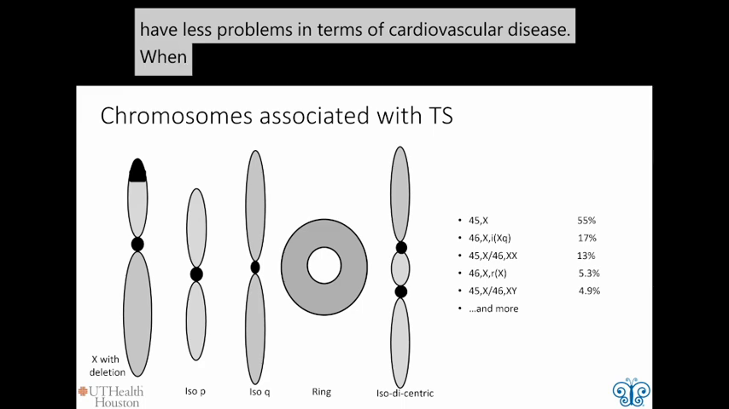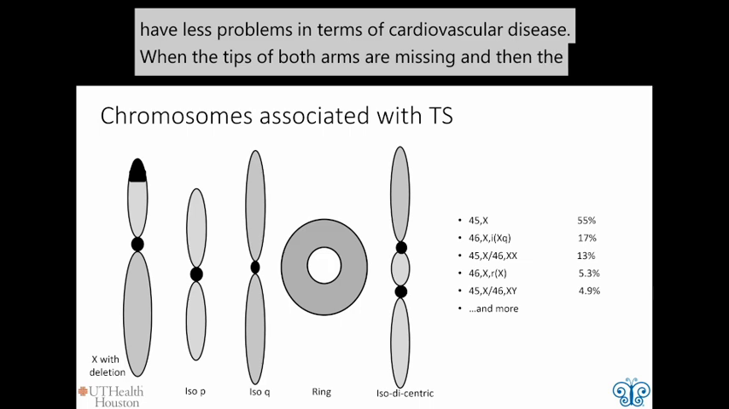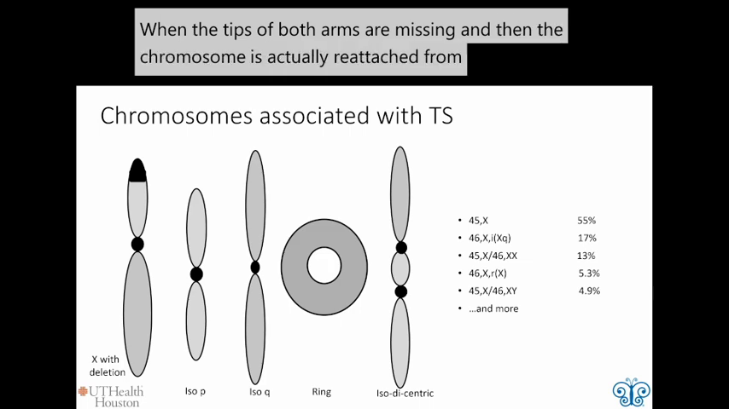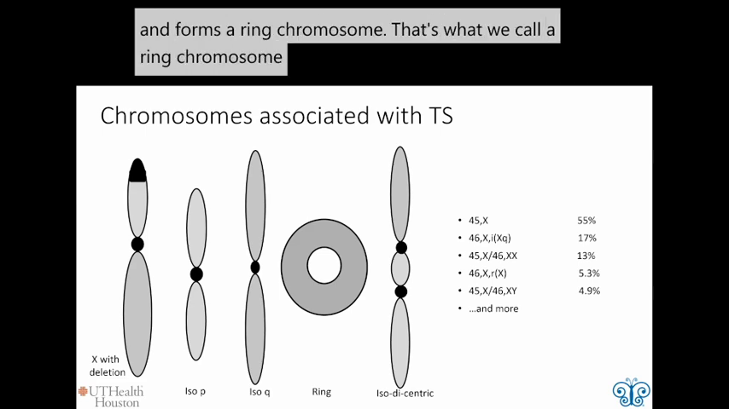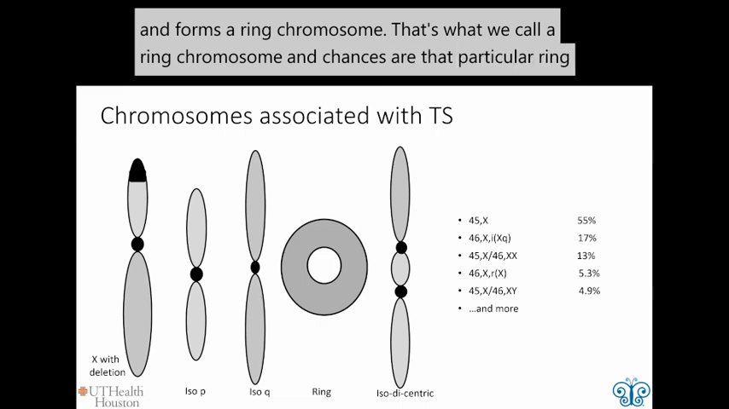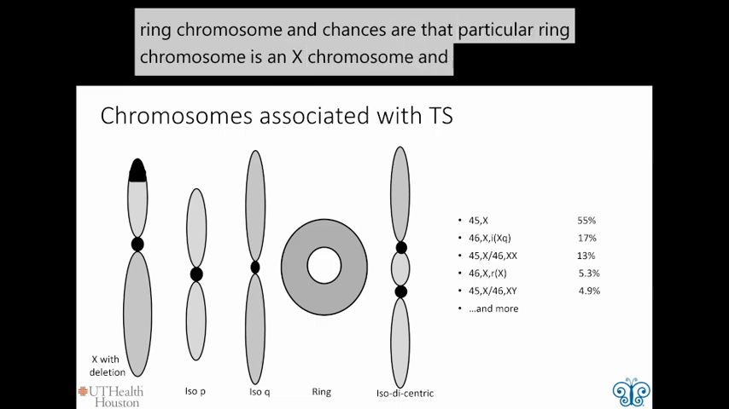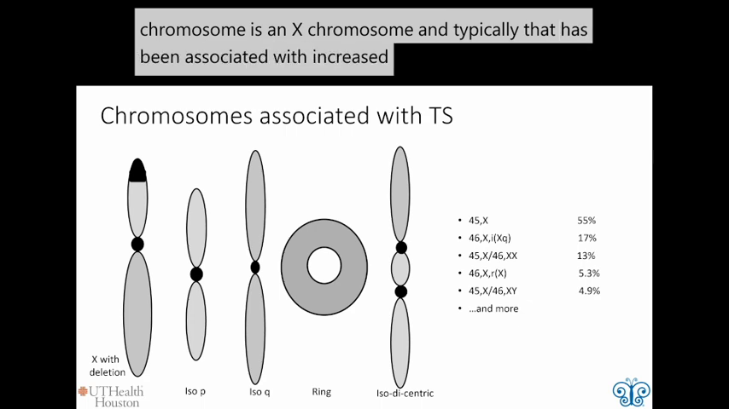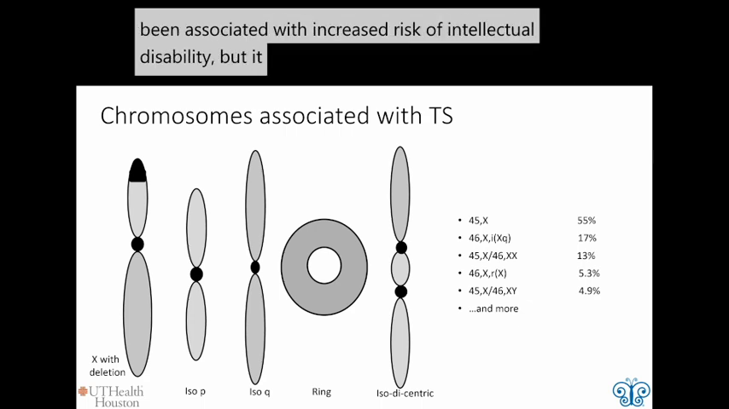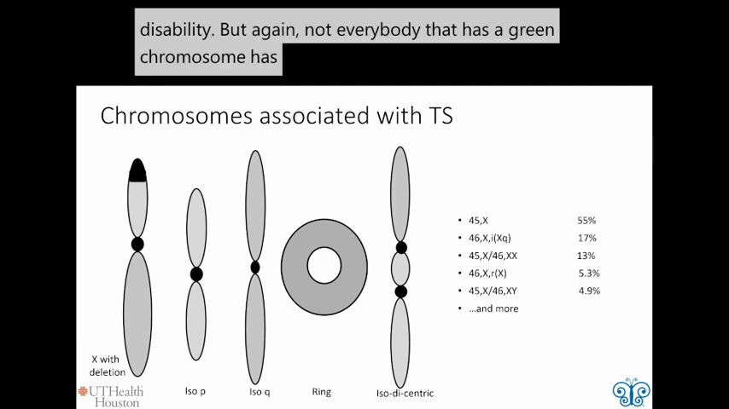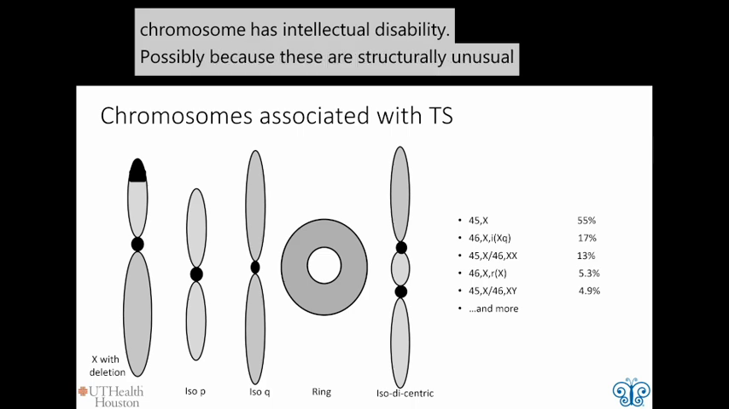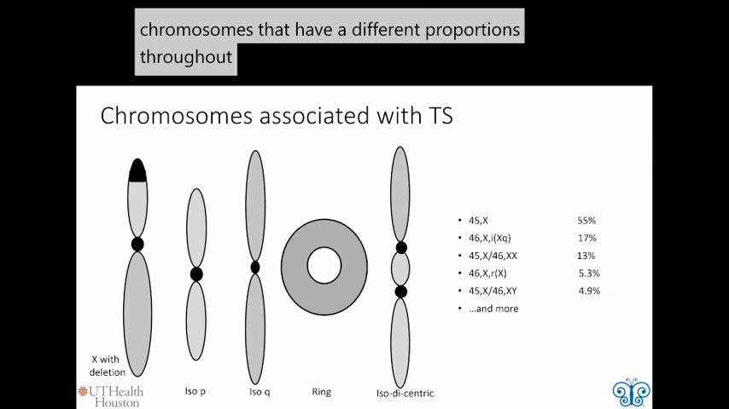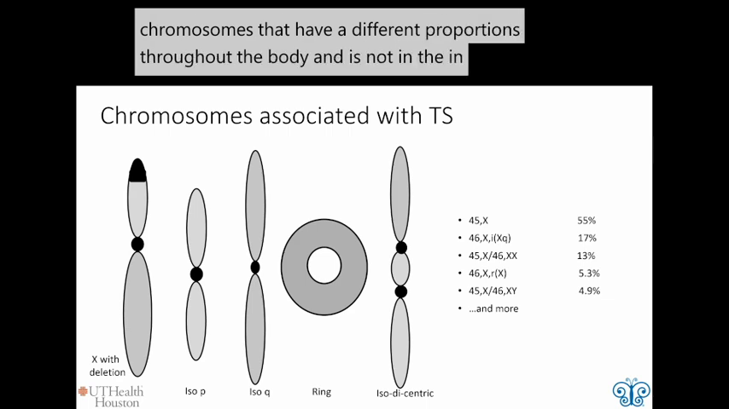When the tips of both arms are missing, and then the chromosome is actually reattached from the two tips and it forms a ring, that's what we call a ring chromosome. Chances are that that particular ring chromosome is an X chromosome, and typically that has been associated with increased risk of intellectual disability. But again, not everybody that has a ring chromosome has intellectual disability, possibly because these structurally unusual chromosomes have different proportions throughout the body